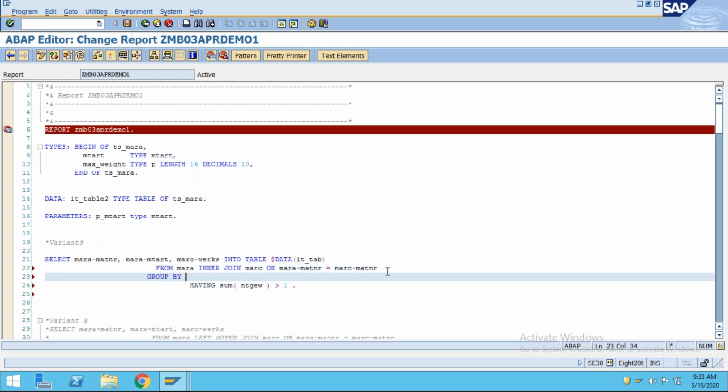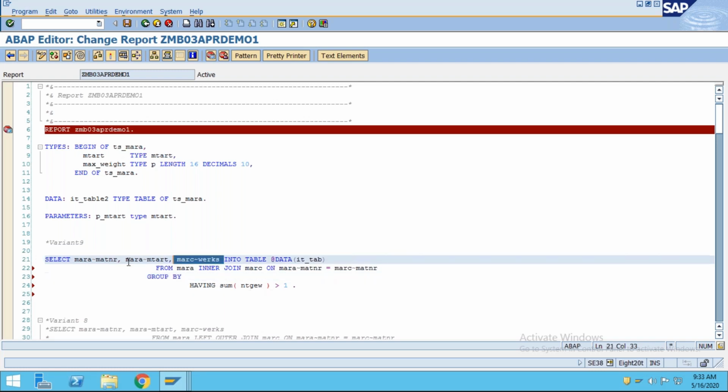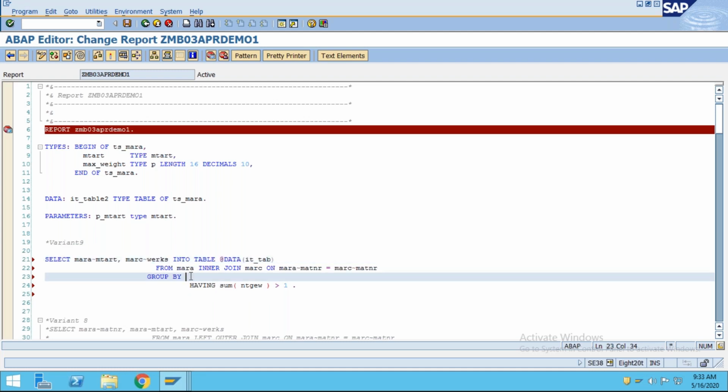GROUP BY, and this ntgew is there, so all the other fields, let's remove matnr, there is no meaning then. mtart and werks, we can choose over here.